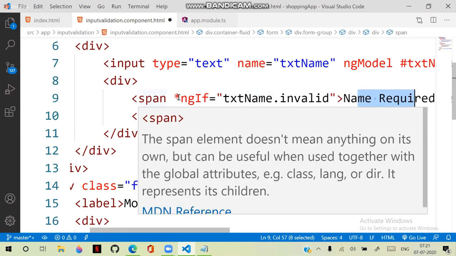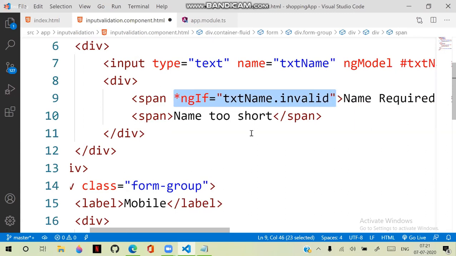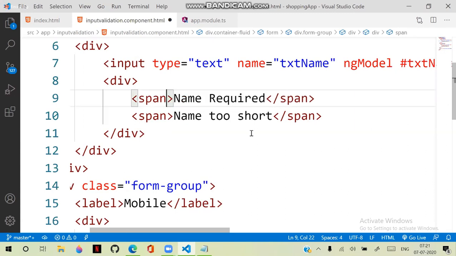So in this case, generally how to manage is we can simply configure in this way. So the option is here, in the div,